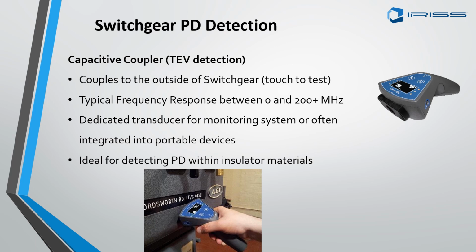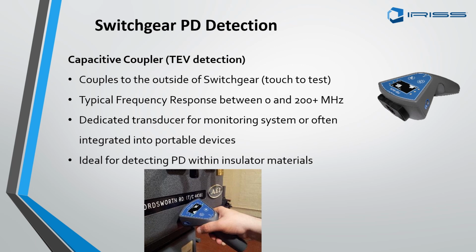And the TEV sensor can be permanently installed, or as shown here, can be a handheld device, which you touch to the exterior skin of the equipment. So if you have metal clad or metal enclosed gear, you have transformers, you touch to the outside grounded skin of the components with this, and you are looking at a decibel value on the display, and you're also looking